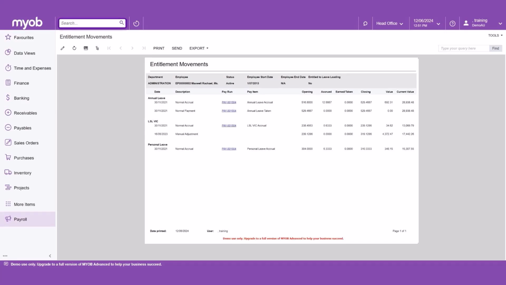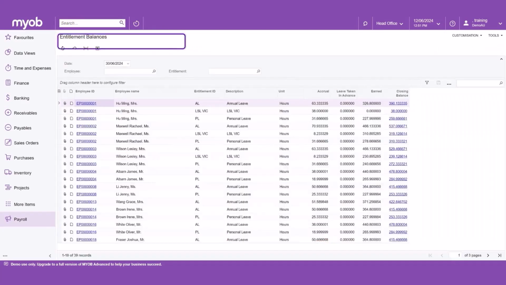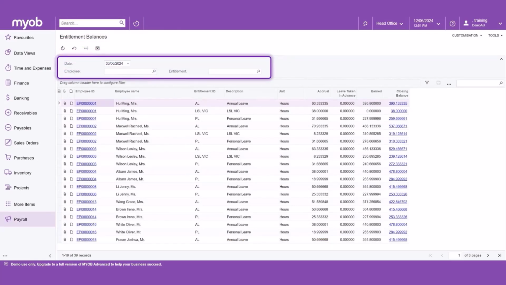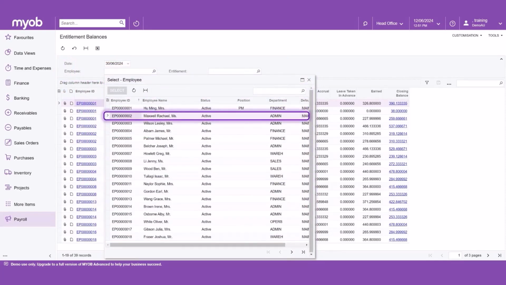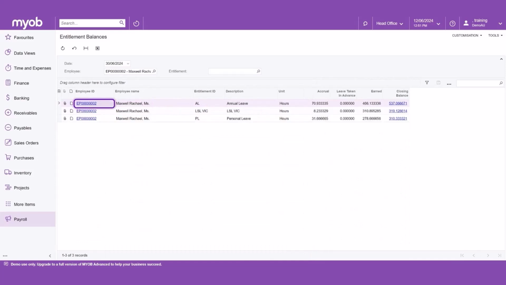Let's now view the entitlement balances. This isn't a report as such. It is more the data that makes up the reports. It can be filtered by employee and entitlement or left blank to display all. Use the entitlement balance inquiries to view as a date option rather than the pay run by pay run versions. You are taken to the employee's standard pay tab inside the pay details window by clicking the employee ID. You are taken to the entitlement history data by clicking the closing balance, which we'll view now.